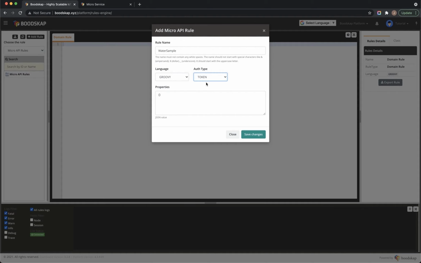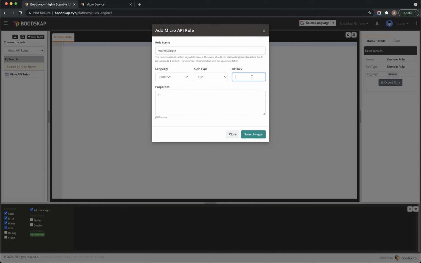When you say token, it's Bootstrap's default auth token. If you are using the Bootstrap login API, you will get an auth token, and the same auth token can be used for the devices to send data. And finally, there is a key. The key comes in 2 different flavors. If you don't provide any key value here, Bootstrap by default expects the API key of the platform.